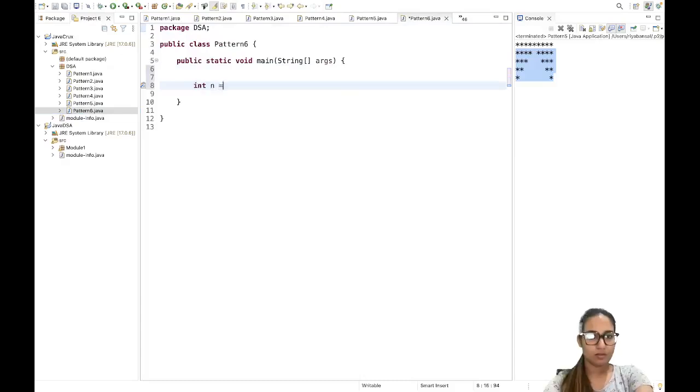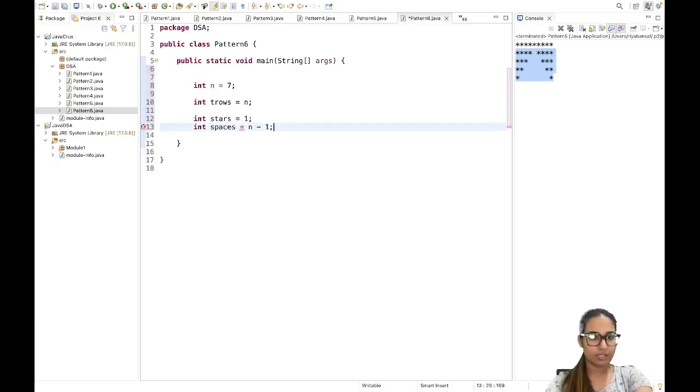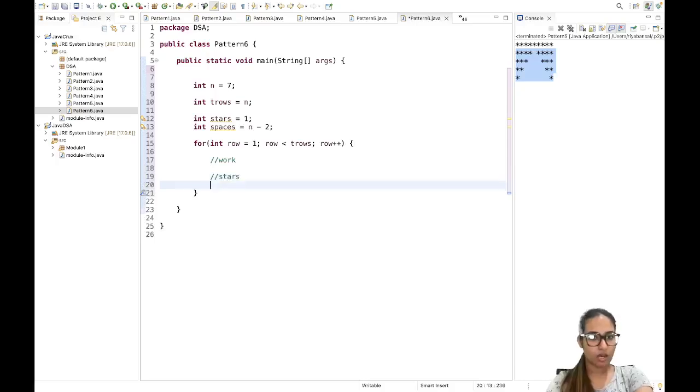Okay, so int value n is equal to, let's say, 7, int total rows is 7, int stars initially is 1, int spaces initially is n minus 2, for int row is equal to 1, row is less than or equal to total rows, and then you do a row plus plus, and you work for the current row. You do stars, spaces, stars, and then you prep